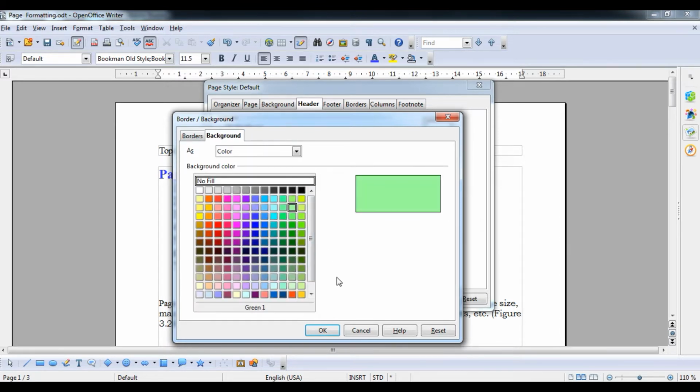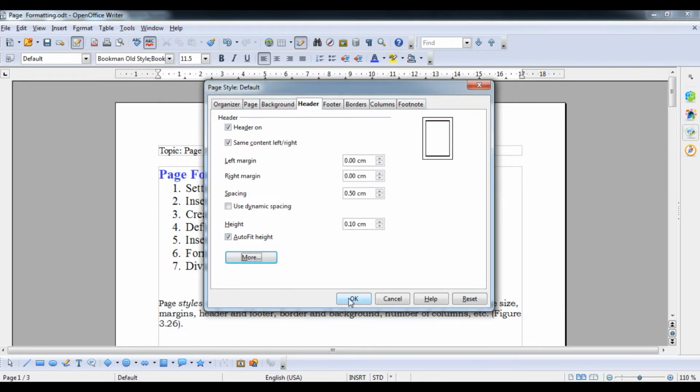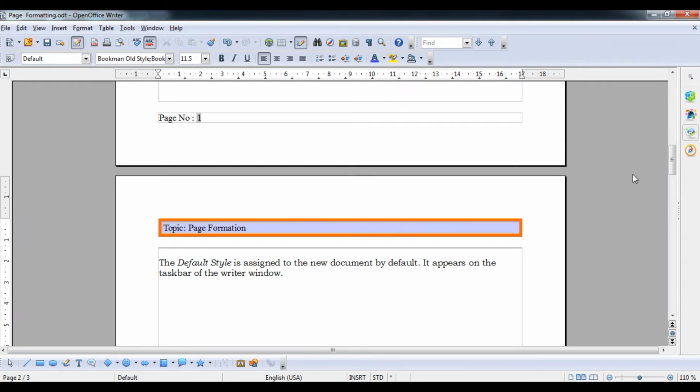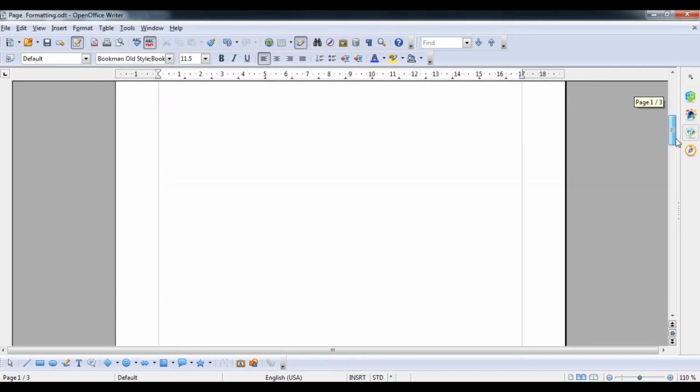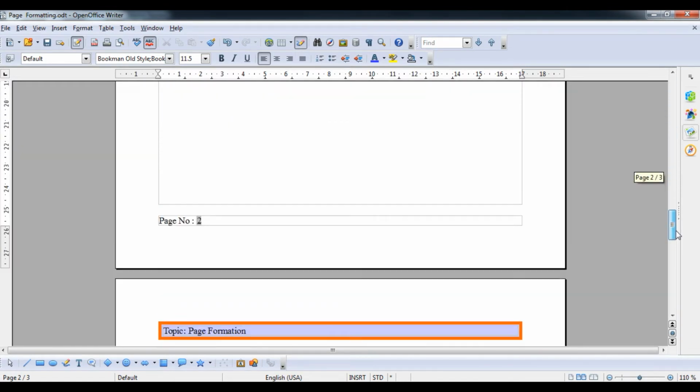And for the background, you can choose this color or this color also. Now press OK and then OK. Now you can see, students, I have made the changes to the header part only. In the header part you can see my header is now decorated.